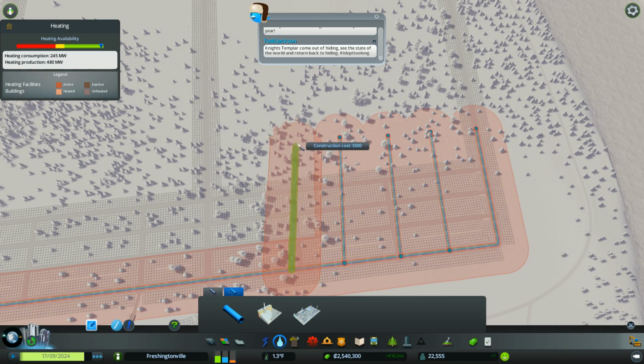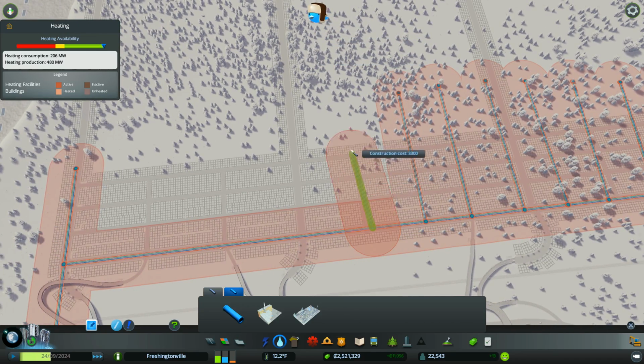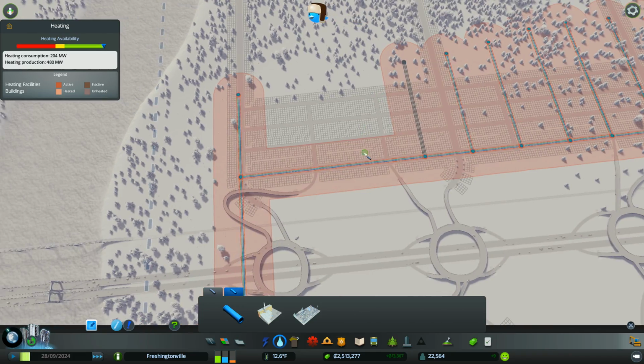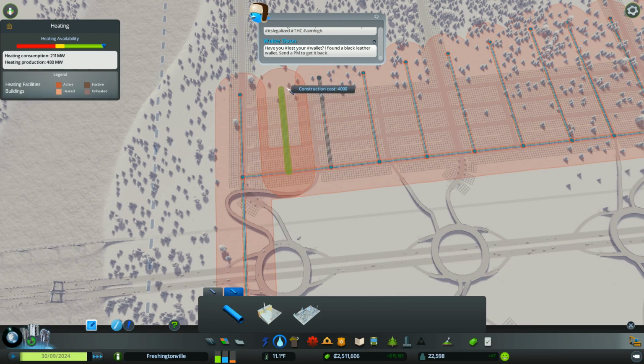Starting out in a snow-based map, I say this time and time again, but it's just a lot more difficult. Mainly because of the heating stuff you gotta worry about. You gotta make sure everybody has heat. And at the start of the game, they use electric heaters for heat. Which just really puts a big strain on your electrical needs, your electricity demands at the start of the game, so...